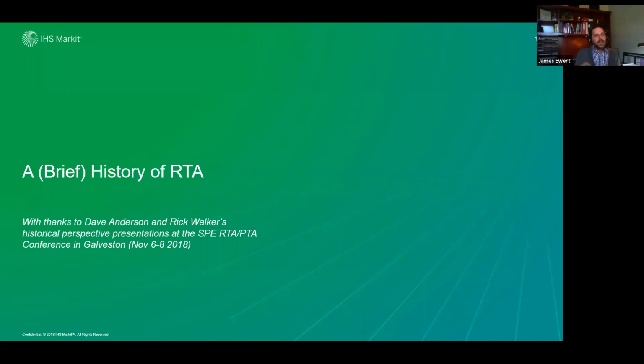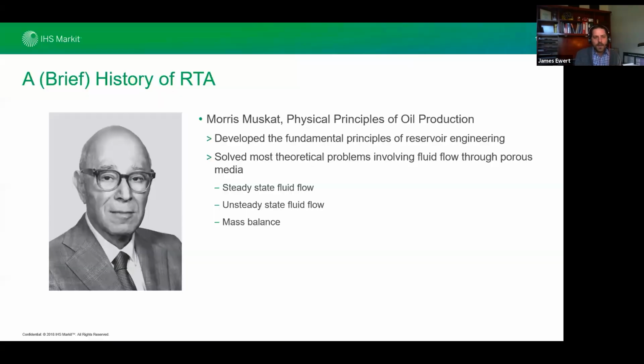So what you're going to notice here in the slide deck is that there are going to be SPE number references for a number of the authors I'm going to touch on. This is not an exhaustive list. This is not a Hall of Fame by any stretch of the imagination. There are so many people we could talk about, and a lot of contributions internationally that folks have made. This is a small window of what I have been exposed to with the unconventionals in North America. So I thought it was still valuable to touch on it, just in case you were interested, after this talk, in digging deeper into some SPE papers.